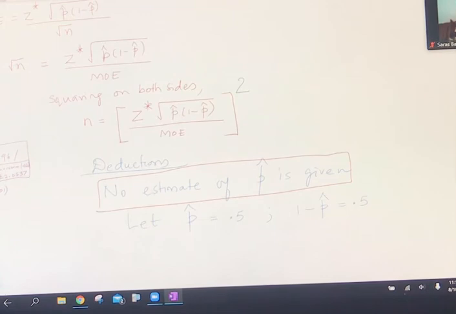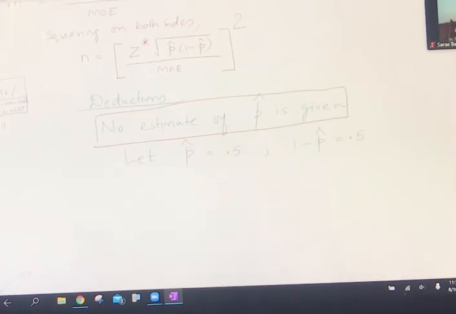So that is the fair number, and we are going to be giving p hat is equal to 0.5 and 0.5 respectively. So if we give 0.5 and 0.5, now you are calculating with C level is equal to 95 percentage. The confidence level is 95 percentage. And if your MOE, the margin of error, is given, then n, the sample size, is equal to